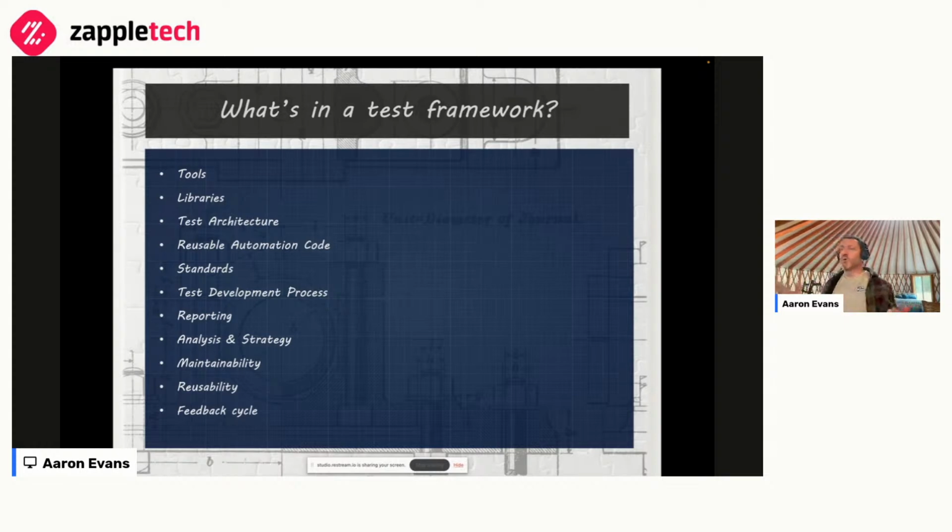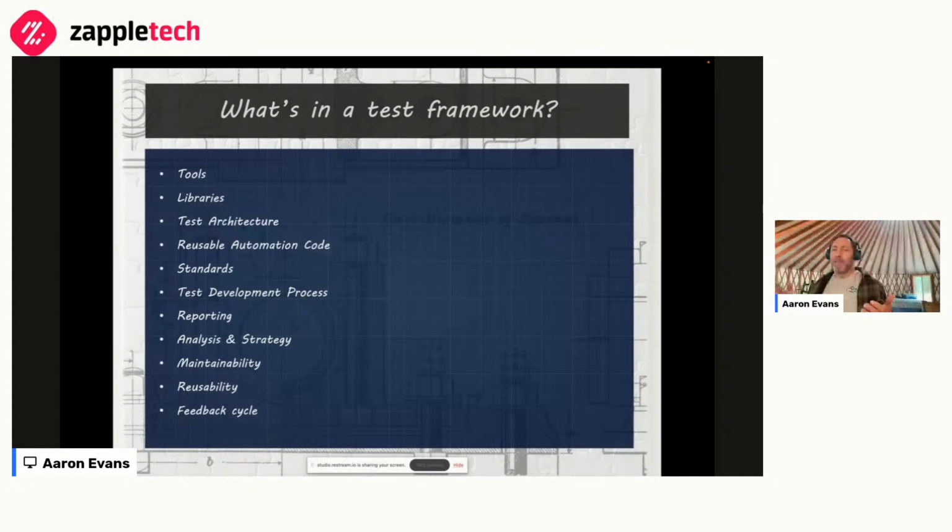Your automation code, I'm going to quibble here, is that the automation code that you write that is reusable between tests can be considered part of your test framework. This may include setup and validation steps. This may include things like page objects. Again, I talked about patterns as part of your test architecture. This may include utilities that query a database or whatever.